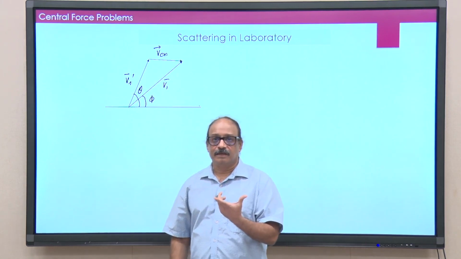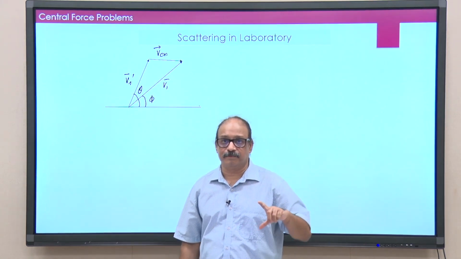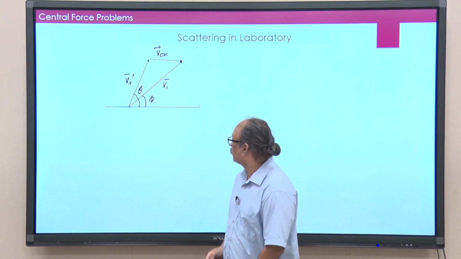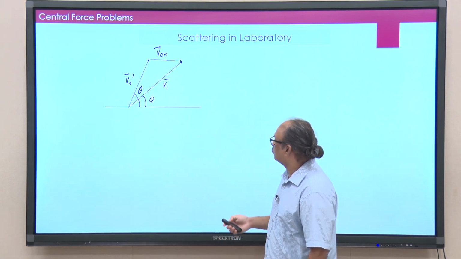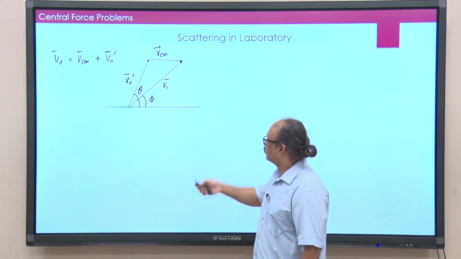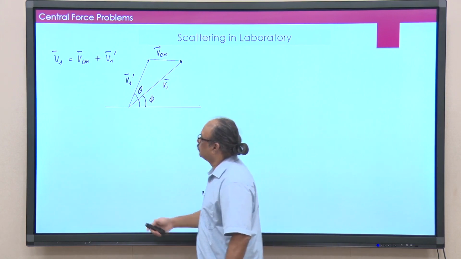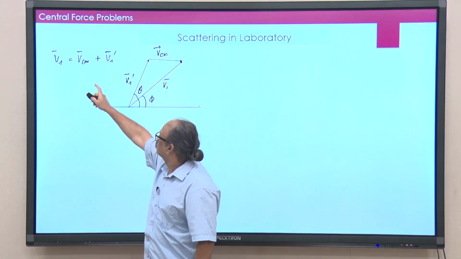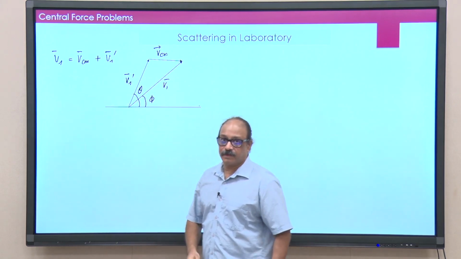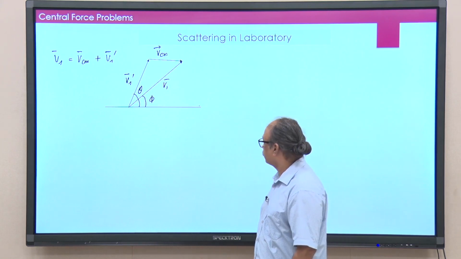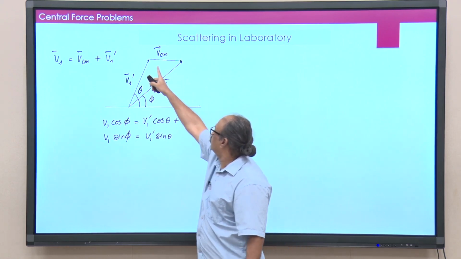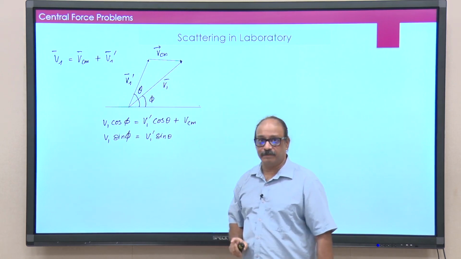The actual velocity is basically velocity seen in the center of mass frame plus the velocity of the center of mass, okay. So, that is the relationship we have, and from this we can quickly calculate the relationship between theta and phi. So, remember this: this is the velocity from the inertial frame, I mean the lab frame, this is velocity of center of mass, this is velocity measured in the center of mass frame. And from the graph, of course, it is very easy to see velocity of center of mass is parallel to the axis of the experiment.